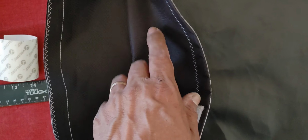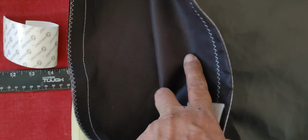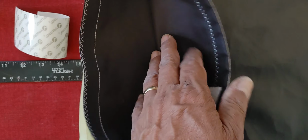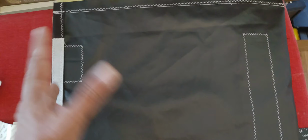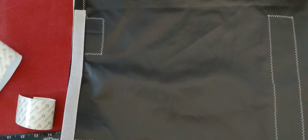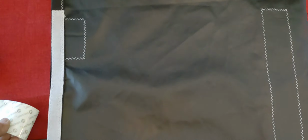This has a rubber backing, and it's got like a canvas texture at the front. I believe this is nylon, but it's very durable stuff. I think this is used for outdoor furniture. Maybe even called Sunbrella, which is a trade name for fabric that is used on outdoor lawn furniture. So anyway, I made this basically just a sleeve, and the way I did this is, you can see